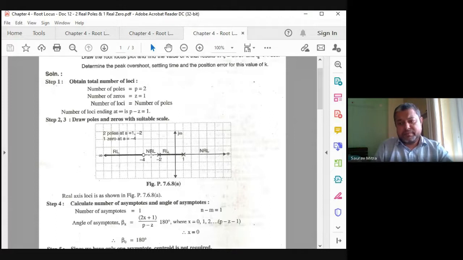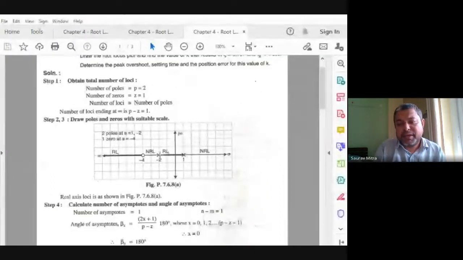So check any point, on the real axis obviously, and test whether the root locus exists at this point or not. If you take -1.5, look at the right side: the total number of poles and zeros is 1. 1 is an odd number. That means the root locus will be there at -1.5. The same property follows between 1 and -2. So this length is 3 actually. On the right side the length is 1 and on the left side the length is 2. So the whole length of 3 will have a real axis root locus.